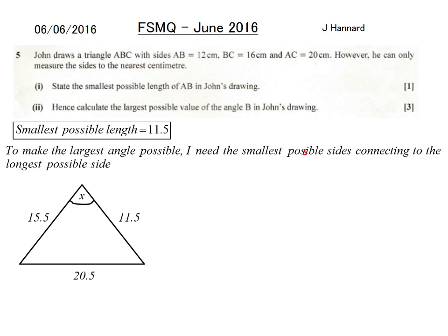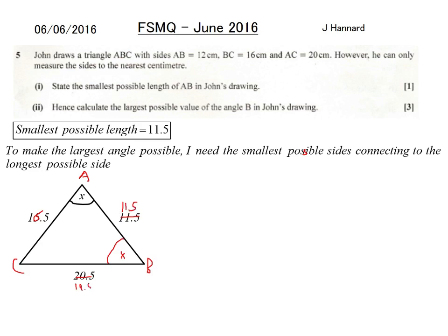But in this case, let's think, AB equals 12, so that's A, that's going to be B, and that's going to be C. I'm assuming it's this angle here that we need to work out. So we need that to be smallest, that to be smallest, and that to be the longest. So that should be a 16.5. I'm going to try and salvage that here. So that's 11.5 still, and that's going to be